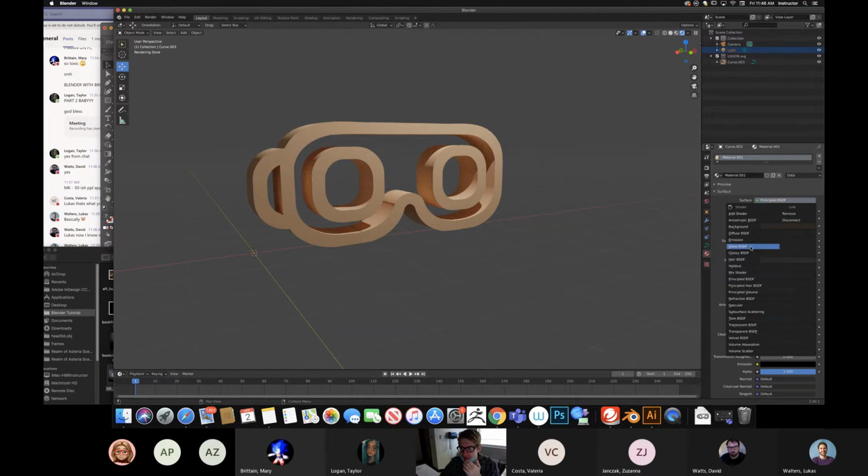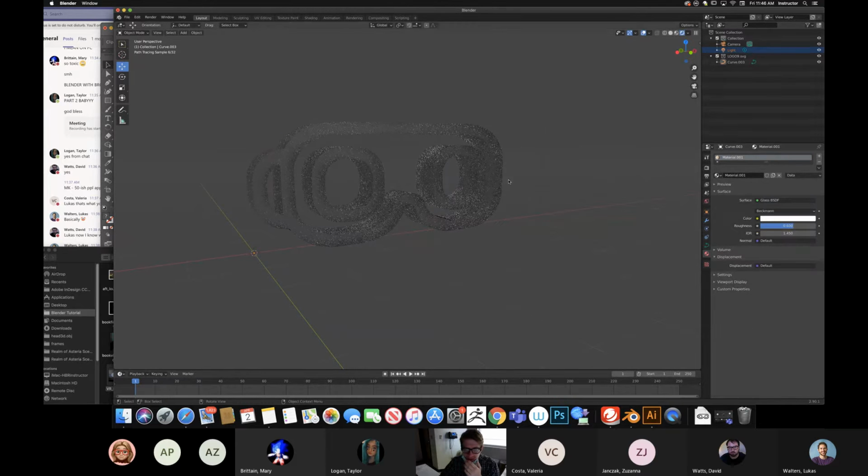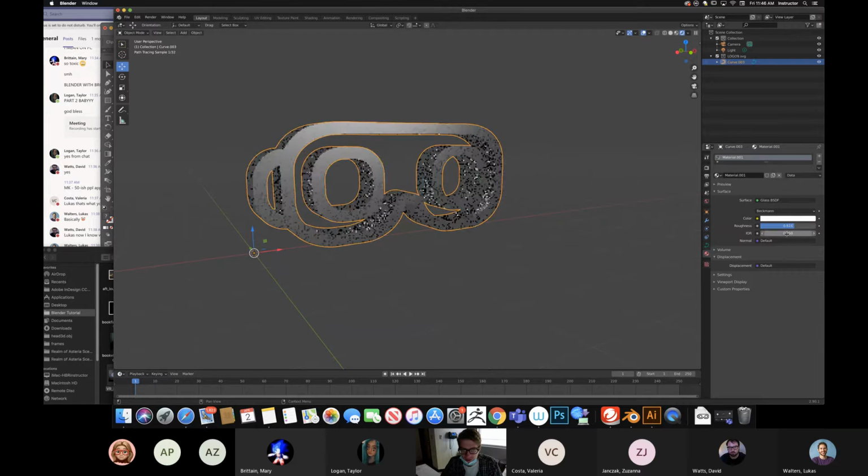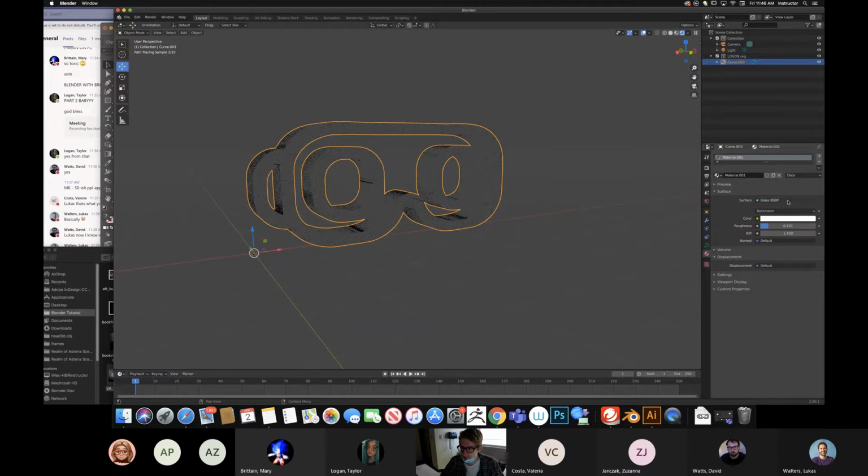I let Blender do it for me, so I'll just click on this and click glass. It'll take a sec to load up, but you can kind of tell already that it's going to be transparent and stuff. And now it trimmed down the fat for me, so now I know, okay, I really only need to play with the roughness and the IOR little sliders. And that's also how you would then go to like,